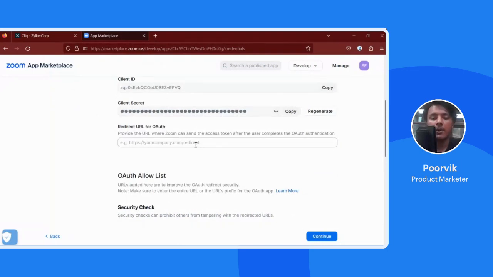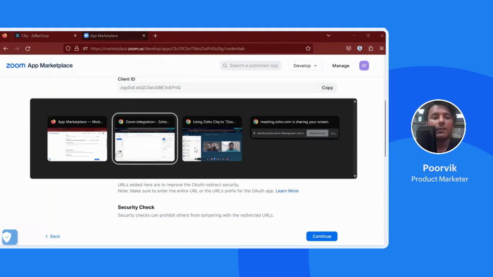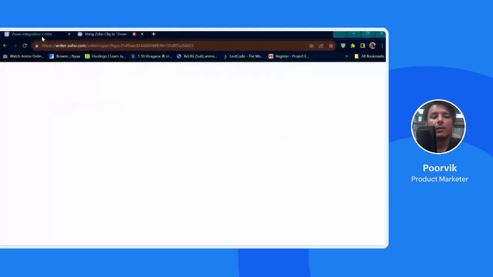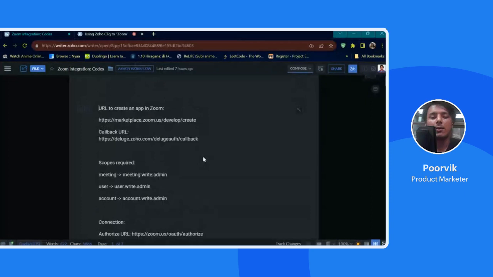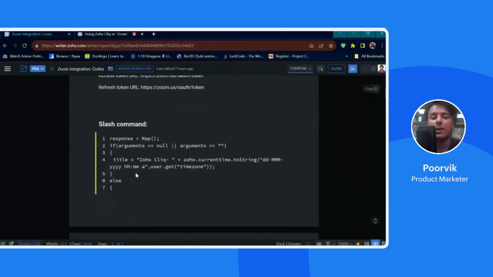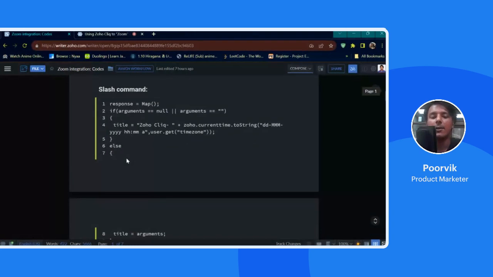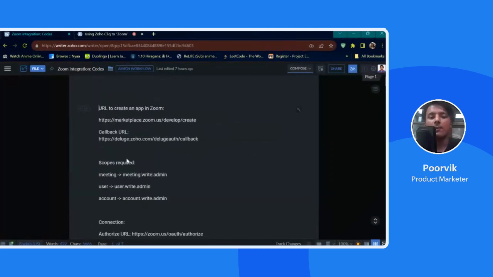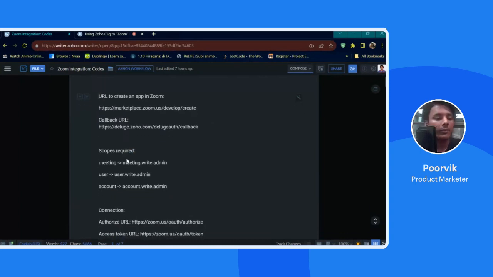For that, I have this fancy little Writer document. This Writer document contains all the URLs and the scopes and the connections and the codes that I'm going to be using in this webinar. Don't worry about anything because this document will be shared with you after the webinar, so you can use this for yourself. So the callback URL is